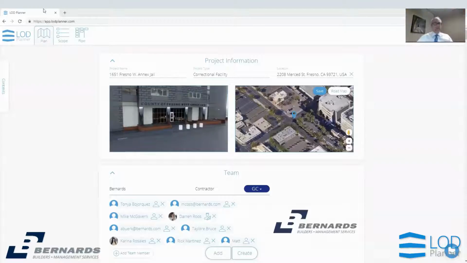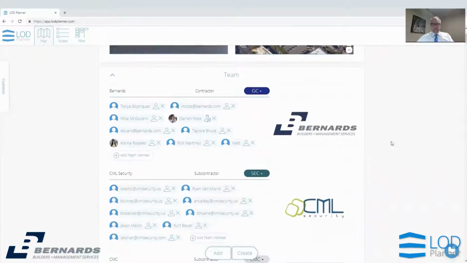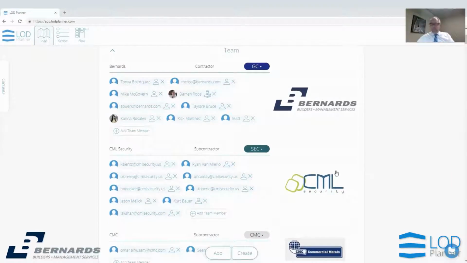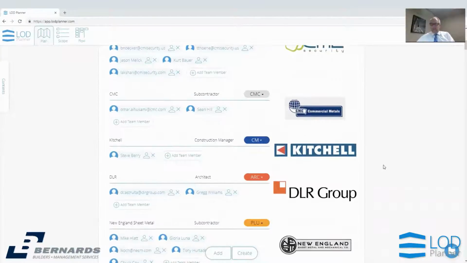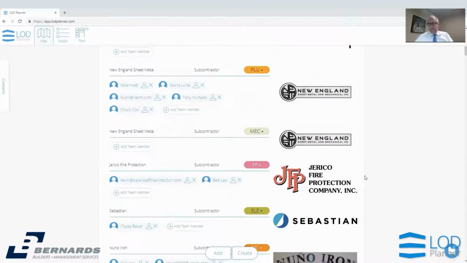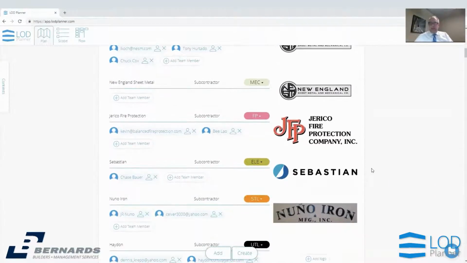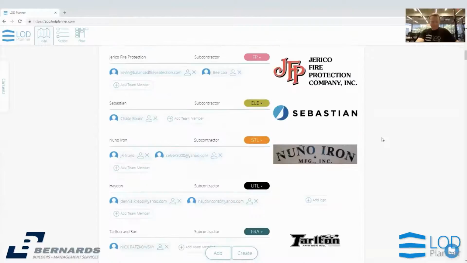Okay, how's that? Perfect. Okay, so here's an example of one of our projects I talked about before. Having the team list is definitely very helpful. One thing that I really like, which is a simple thing, but I think goes a long way, is having the logos of the companies next to it. Branding is everything, and when somebody sees it, they know that represents the team they're working for. Having their own brand there adds another element of ownership to the whole thing. So really like